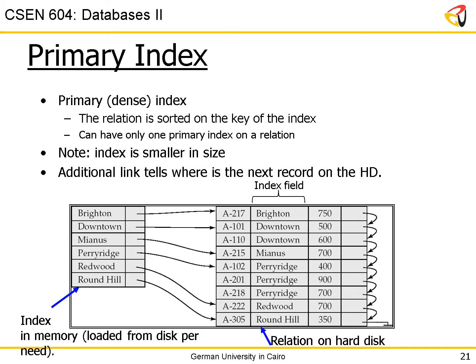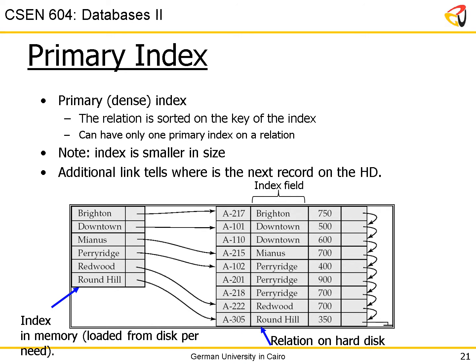If you look at the index, which is what appears on the left of the image, where it says index in memory, there is Brighton, there is Downtown, there is Minus, there is Perry Ridge, there is Redwood, and there is Round Hill. So from every value that appears, one instance is included in the index. So even though we have 2 Downtowns, we included only 1. We have 3 Perry Ridges, we included only 1. Okay? Now, the assumption is that